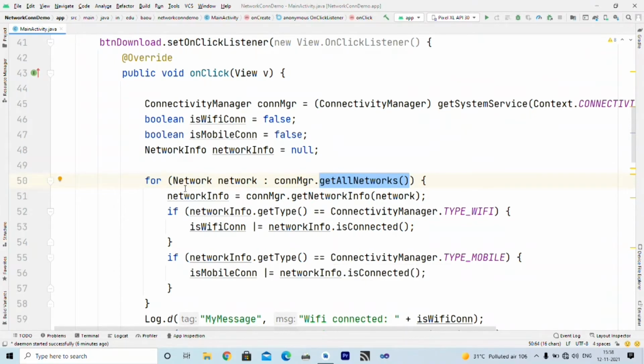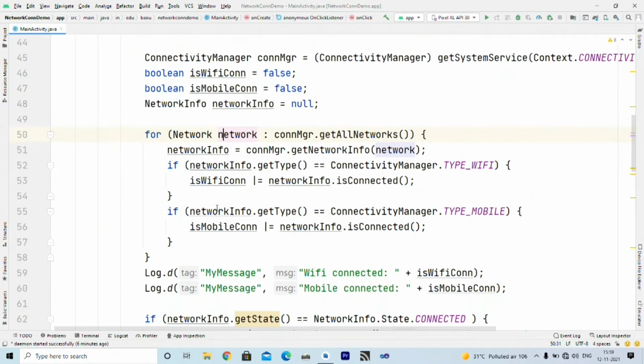So inside the for each loop, we declare one network object, and connection manager dot get all networks gives each network one by one inside this network object, right? And we want to fetch that network information. So for that, we have to use the connection manager dot get network info method, and inside that we have to supply the network for which we want to retrieve network information.